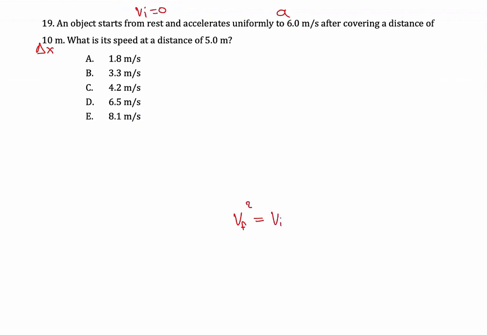V final squared is equal to v initial squared plus 2a delta x. The v final squared is unknown, the v initial we said that it is 0, 2 times 6 times the distance of 5 meters. Okay, so the v final squared is equal to 60, and the v final is root of 60, so it is 7.7 meters per second. So either I'm not reading the question correctly, or